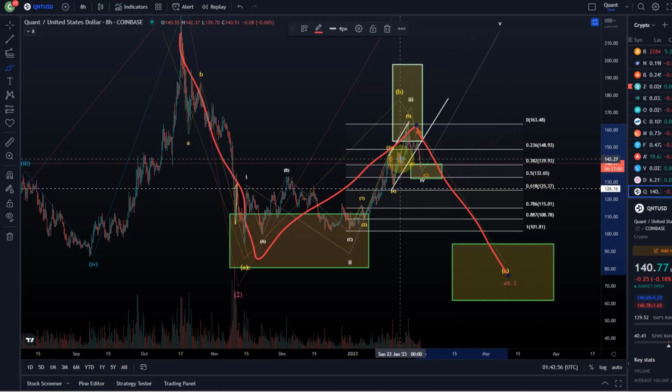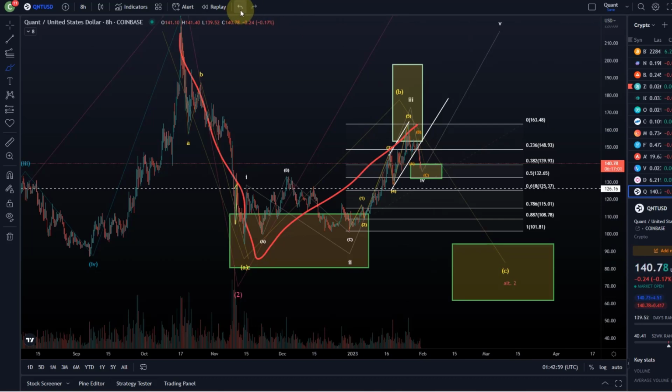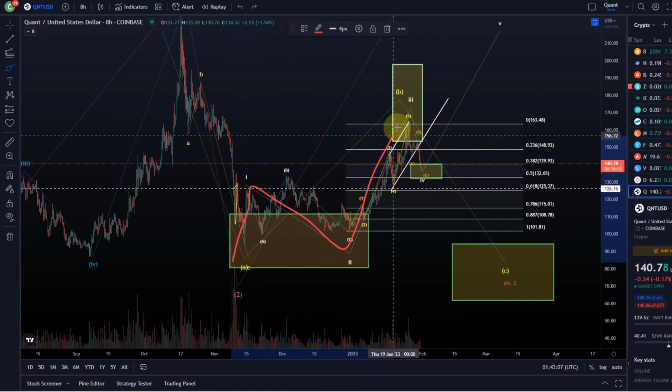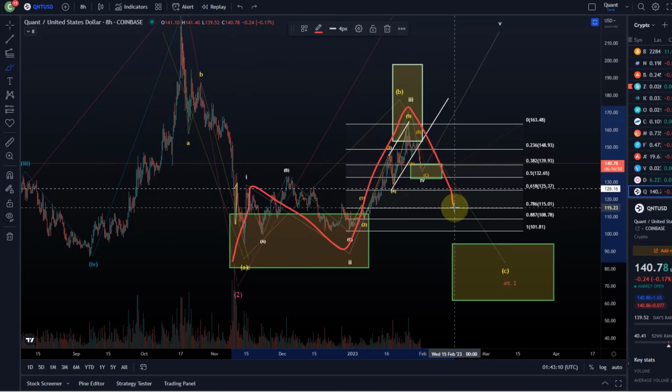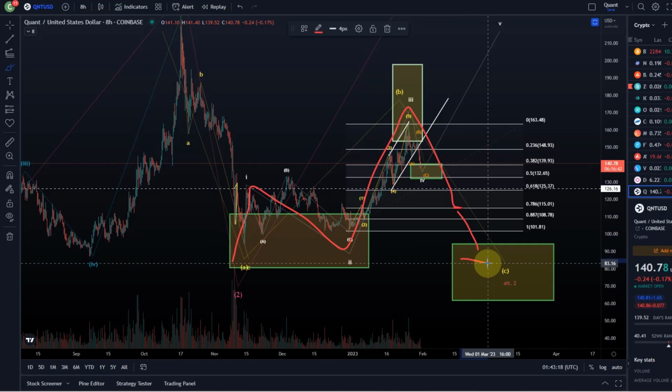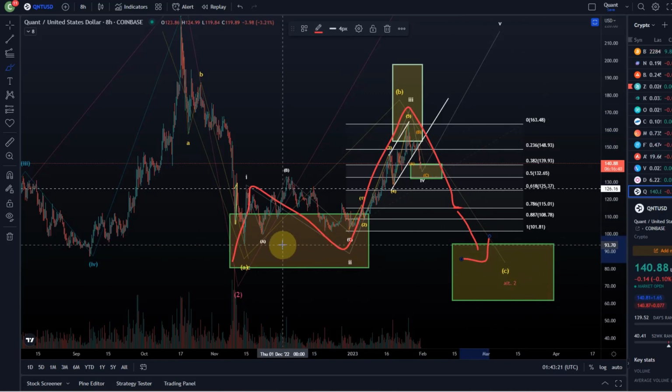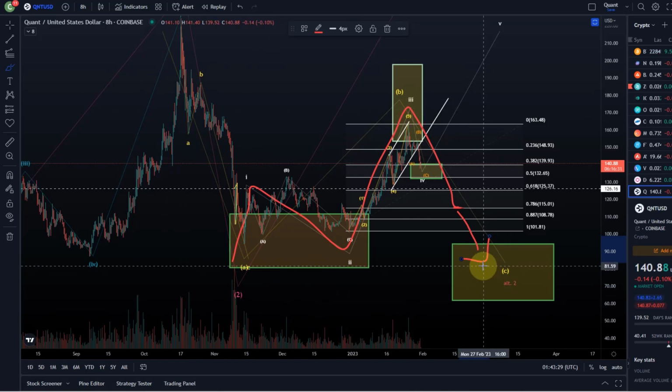There's one more scenario that will become relevant if we drop below that 50% level, and that would be a 1-2-1-2 setup. So 1-2, and then this is another 1-2 setup, but then key support is the $115 level. Below 115, it increases the chances even further that we are in this C wave. Then we have a chance to get below $94, which was the A wave low back in November, as per the short-term bearish count. And then this is another area to scale in.